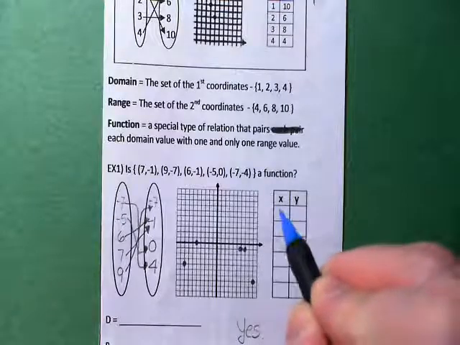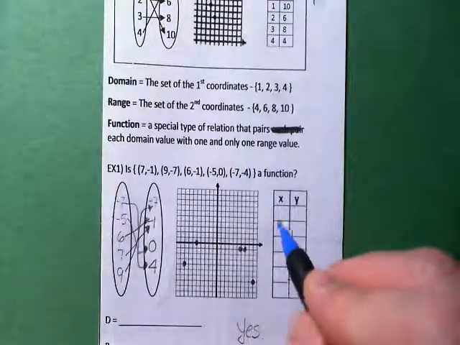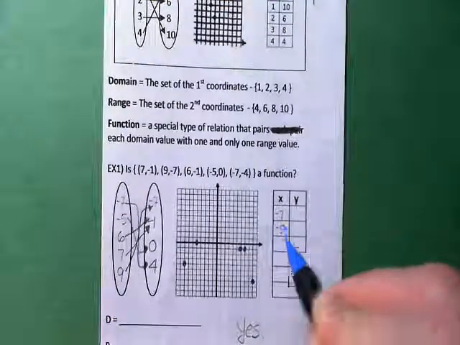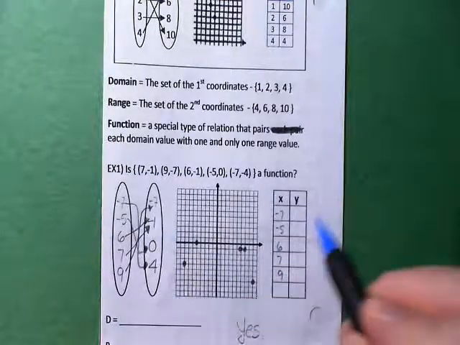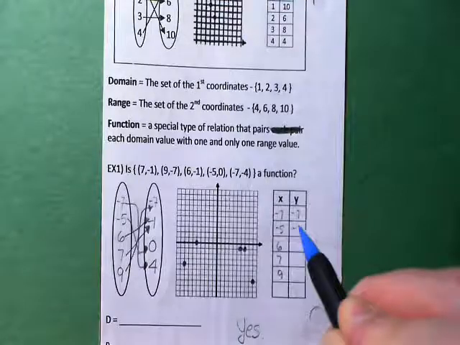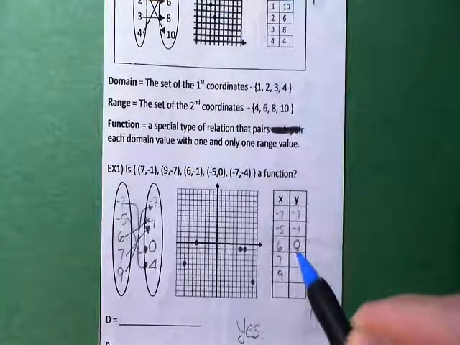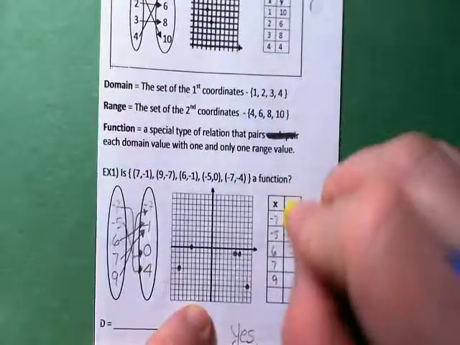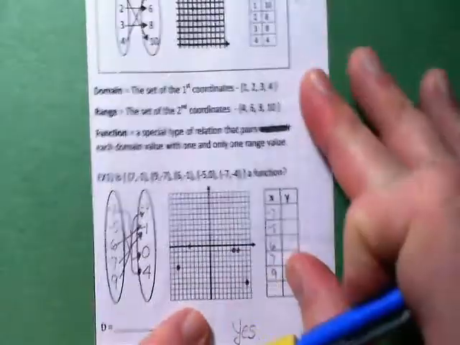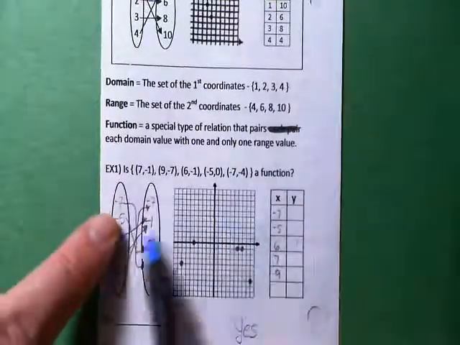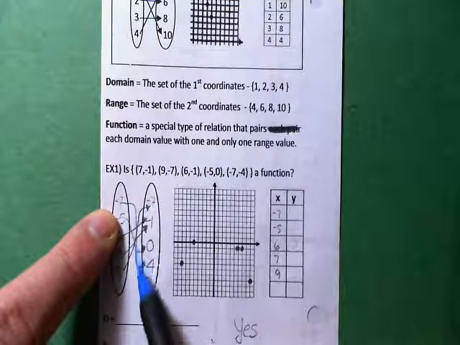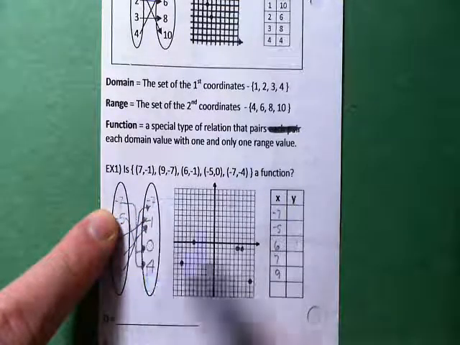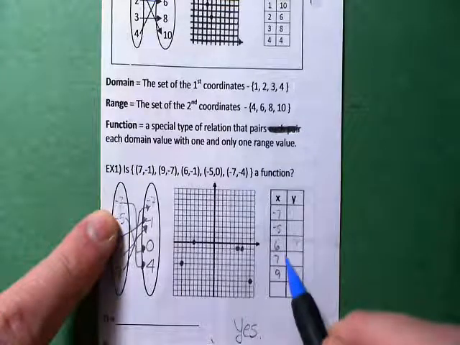Making a table, you can just copy these guys right here: -7, -5, 6, 7, and 9. And copy these guys here: -7, -1, 0. Oops. Be careful. You can copy this one, but then you make sure that you pick their corresponding number. So -7 is -4,